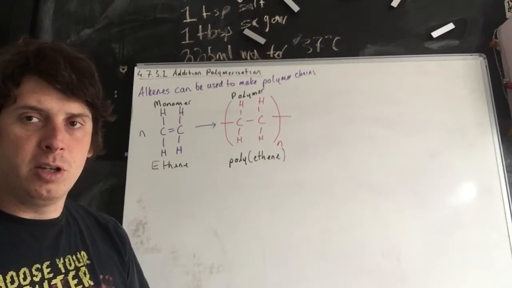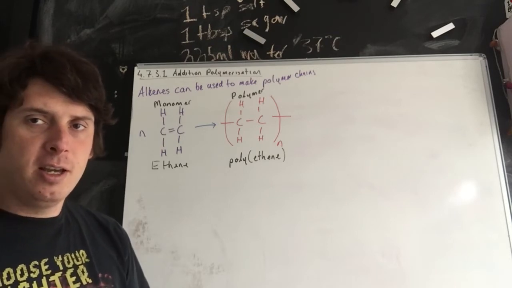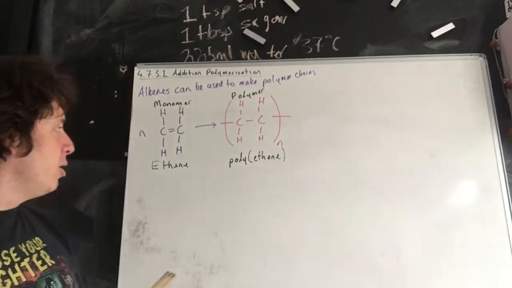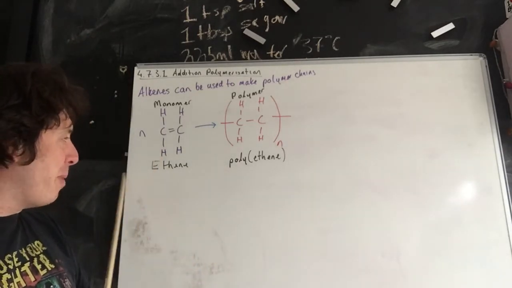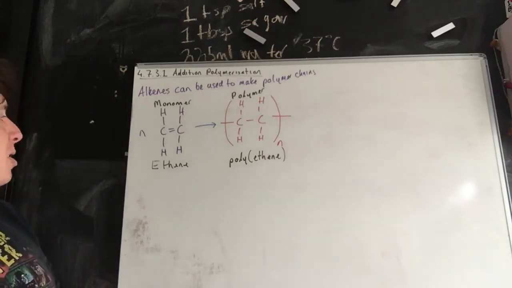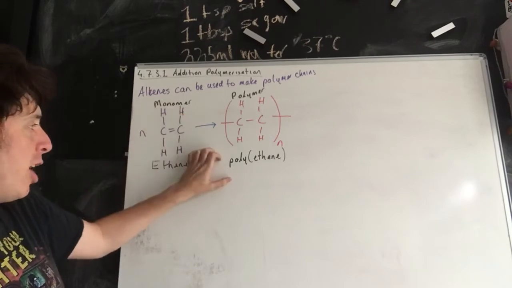Hiya, there are two types of polymerisation that you need to know about for GCSE chemistry. Number one is addition polymerisation. This is where you take an alkene and you make a big long chain of alkenes. So, for example, if you were to take 6 lots of ethene, then you can make a chain that's 6